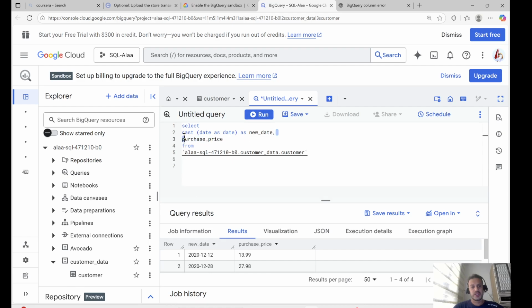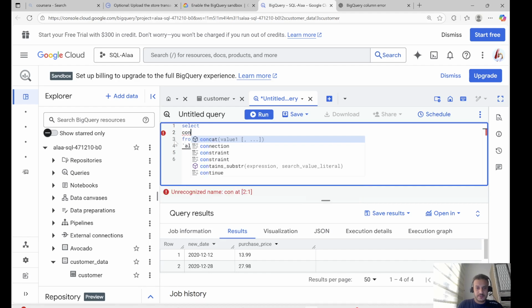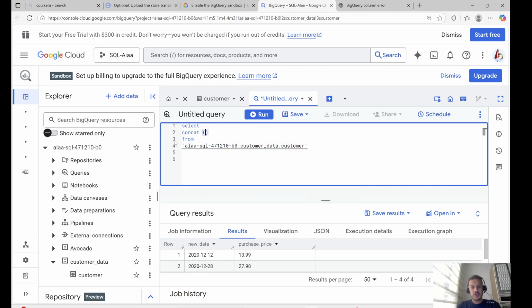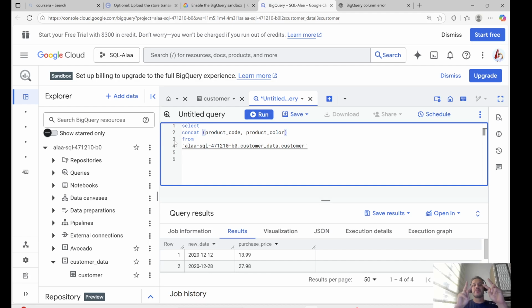I select CONCAT, and I need my product code and my product color. I need to concat them, to put them together. I will name this new underscore product